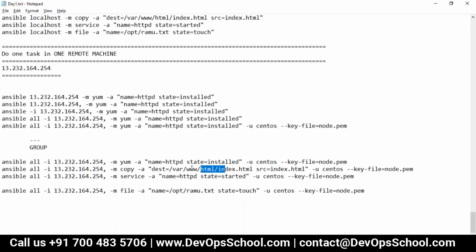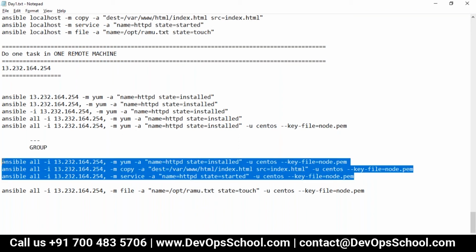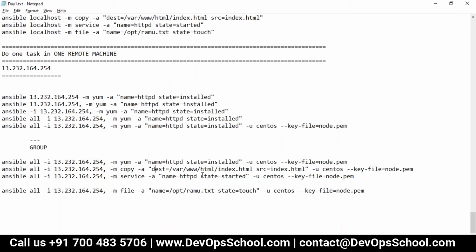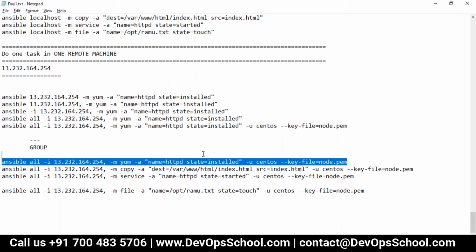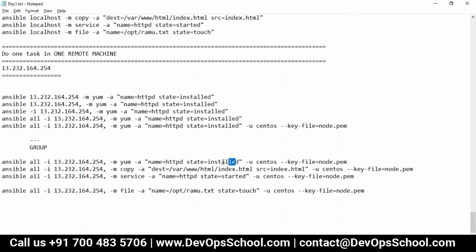Here also it was querying, not installing. Here it was querying, not installing. For querying, you don't require higher permission. The first time it will install it, right? The second time it will not install. It will just check and return changed is false. So it was querying only. It was not installing from the second time onwards, right? Correct me if I'm wrong.